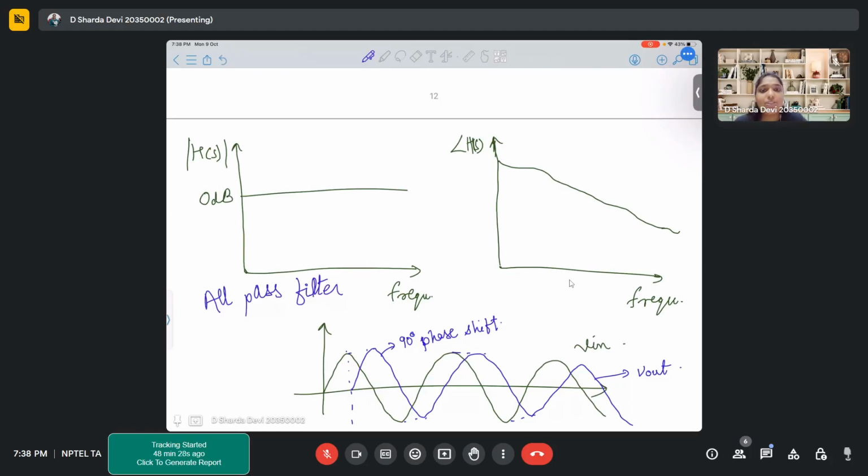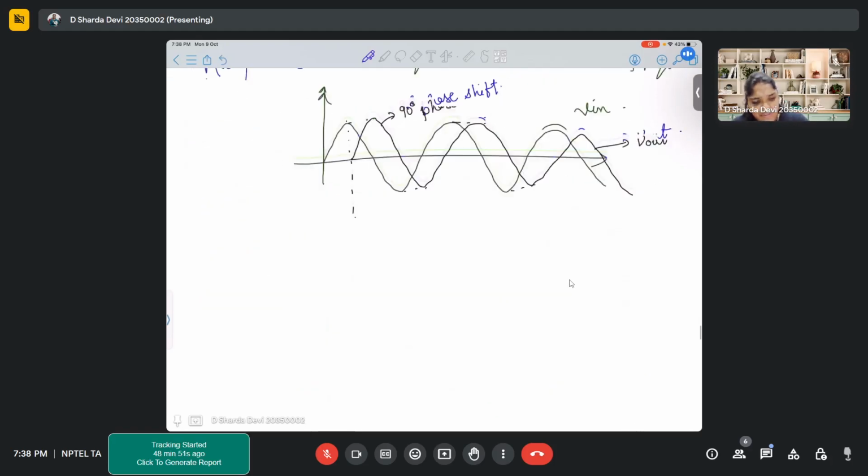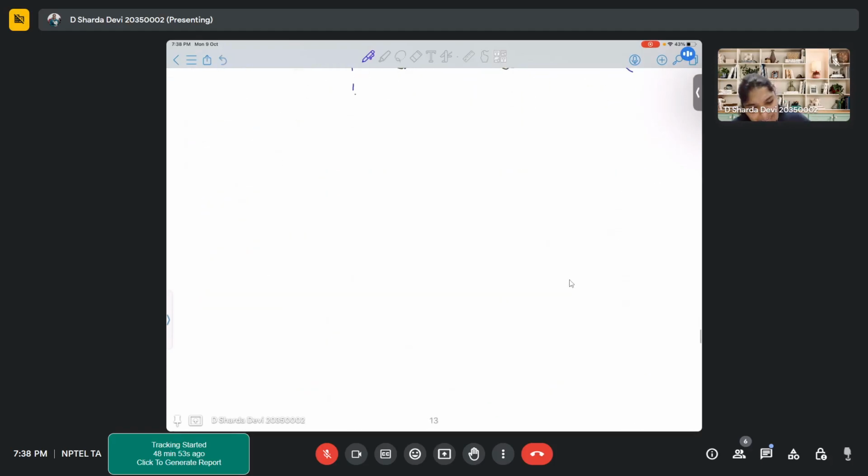When we talk about filters, there are four basic types: low pass, high pass, band stop, and another filter used for phase shifting, known as an all-pass filter. Clear? So this is an all-pass filter. Now, as we were talking, let's do a very simple example. Okay, now let's say